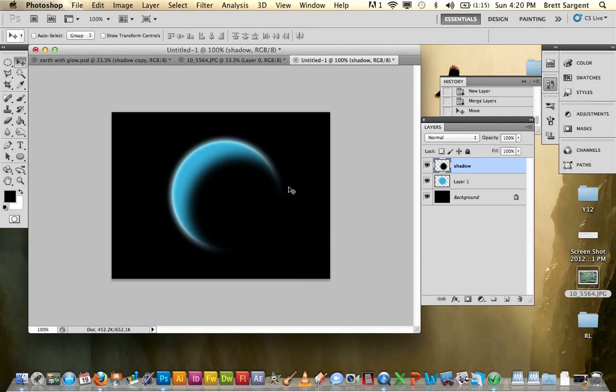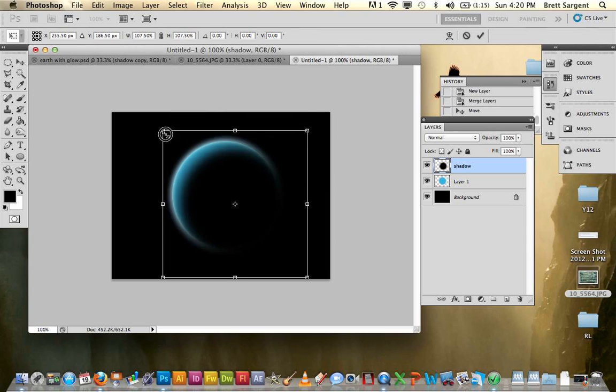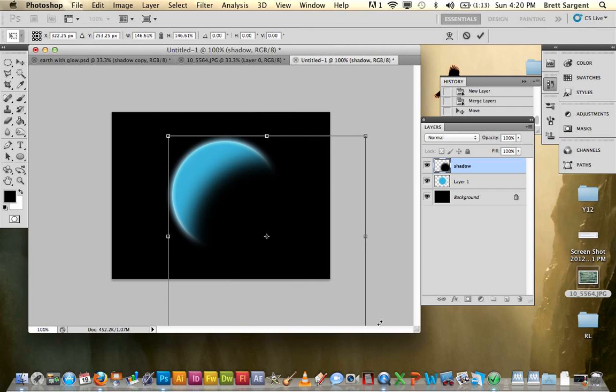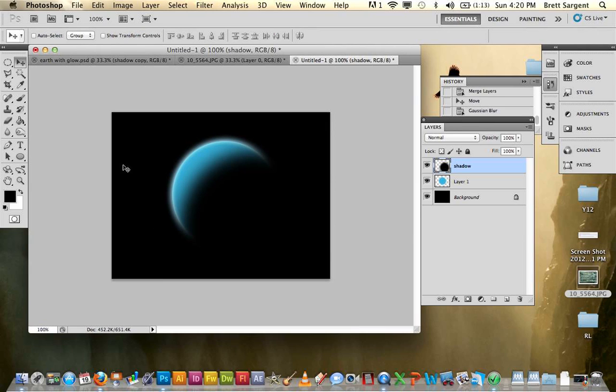Righto. Next thing you need to do is hit Command T to transform this shadow layer, just so it's bigger and covering more of the earth. So down here and back up, just like so. Righto, now if you were going to do stars in the background here, what I've just done there,